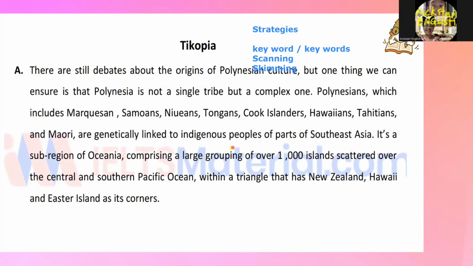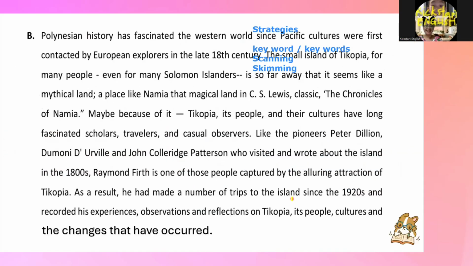scientist. Now we cannot find the word scientist, so we have to look for the word research, which we cannot find either. So let's not stay on this paragraph and let's go to paragraph B. Let's do scanning. We are going to scan for the word scientist and see if we can find it. You just keep on scanning, scanning, scanning, and once you find the word scientist,